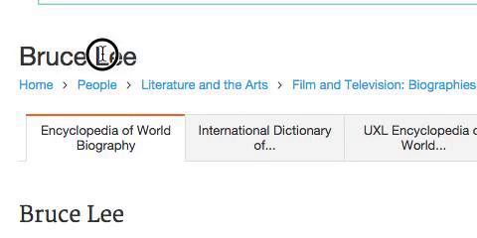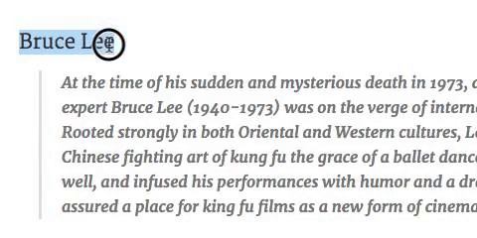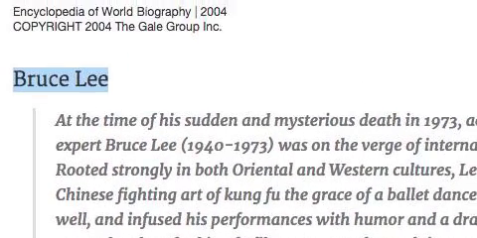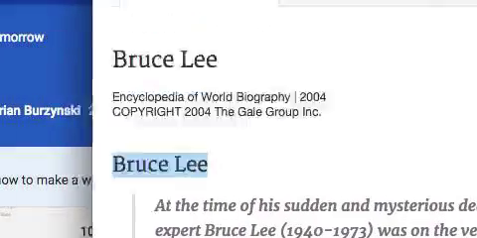You can either copy and paste the person's name. Sometimes if it is not a common name, you may want to copy and paste. Otherwise, you can just type it into your web page. So I'm going to select Bruce Lee here. I'm going to find a section there that I can select. I'm going to copy that, Command C to copy, and I'm going to go back to my website that I'm